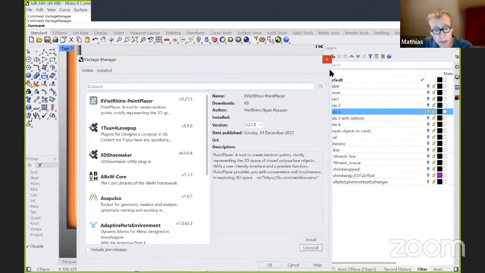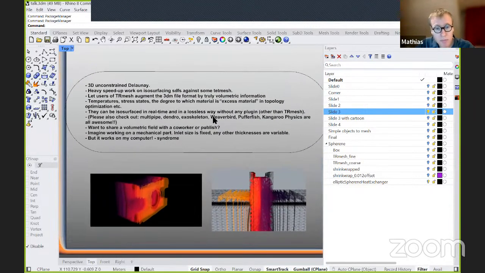Why do I get the package manager? So the main problem comes when you want to thicken a geometry